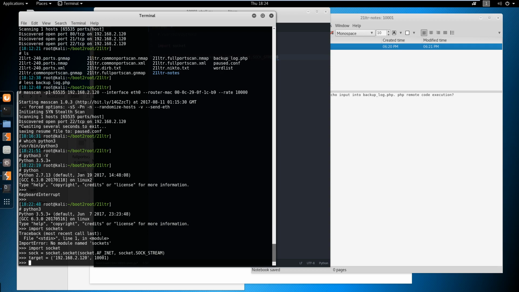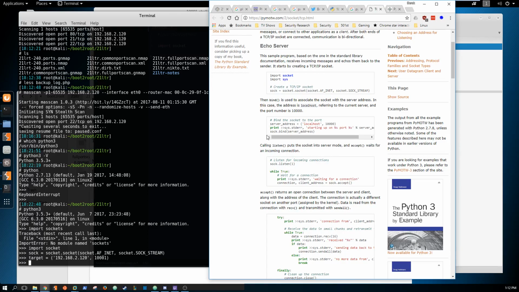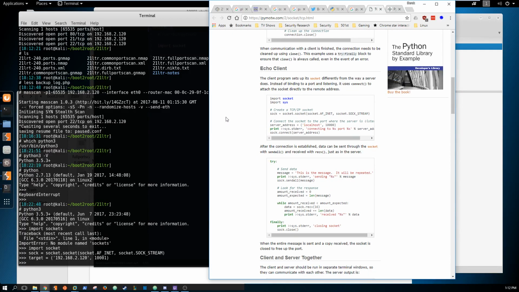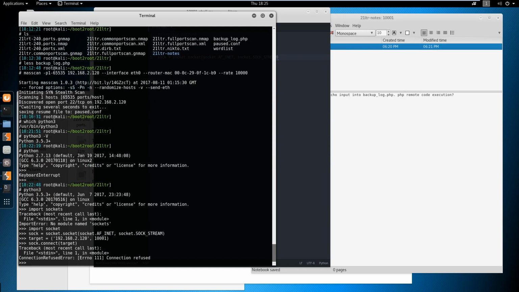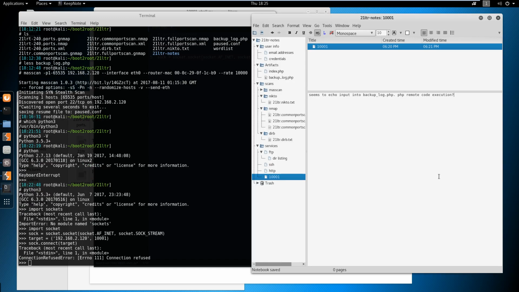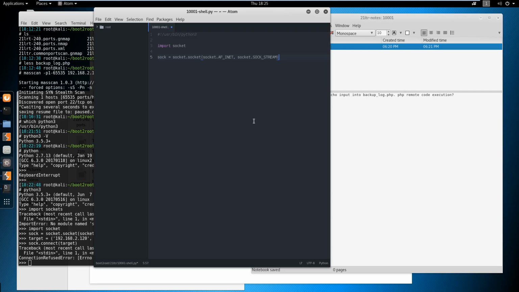So then if we do sock dot, oh, I don't want to bind. Sock dot connect. Connection refused. So we need to handle that. Oops. Sock dot or target equals